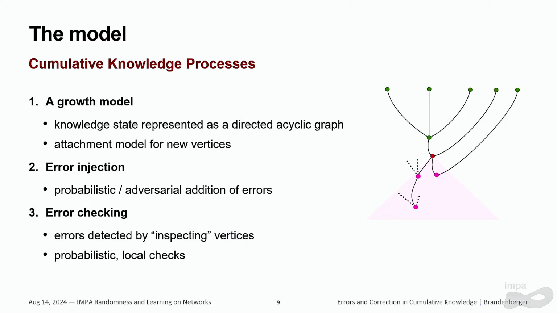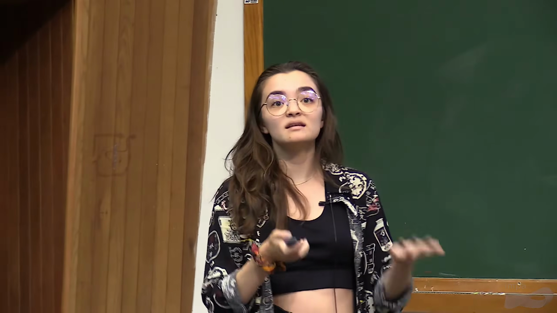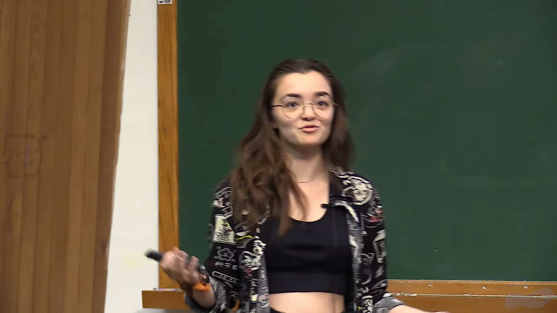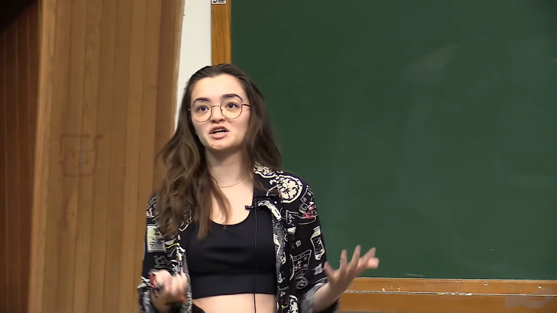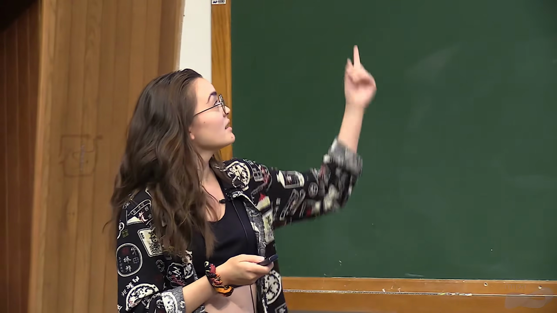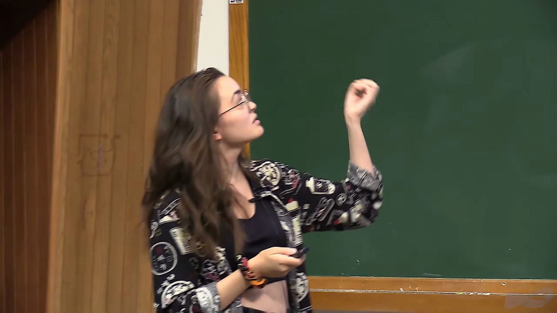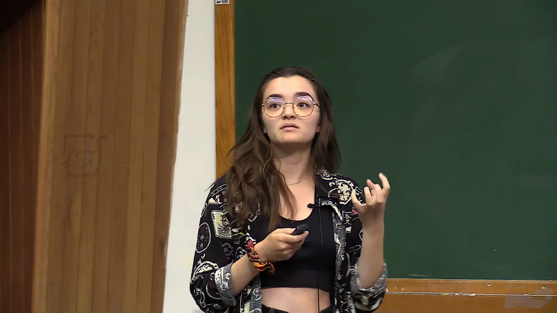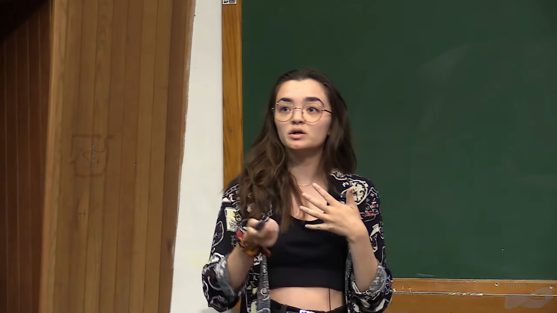Then with some probability you create some errors and then they just propagate forever and your system just is wrong or has a large fraction of wrong states. So the question we have is, what kind of error checking mechanisms can we study, and what kind of error checking mechanisms make sense and are local,